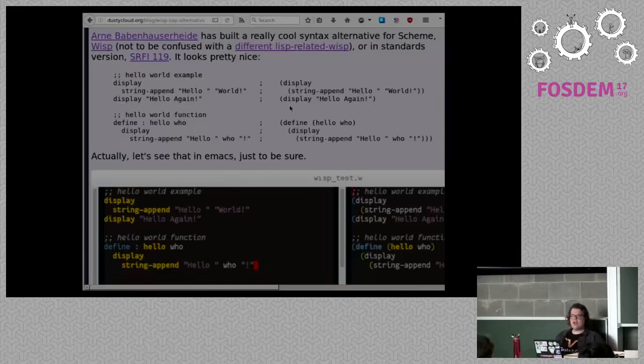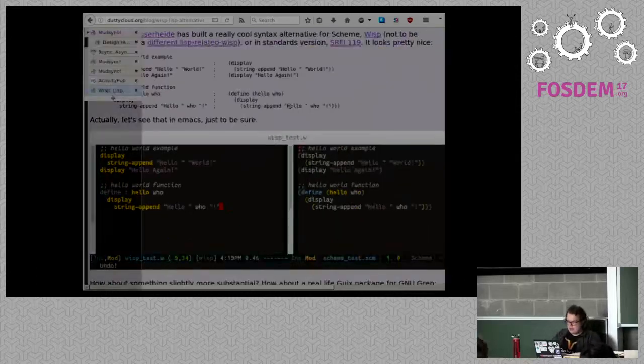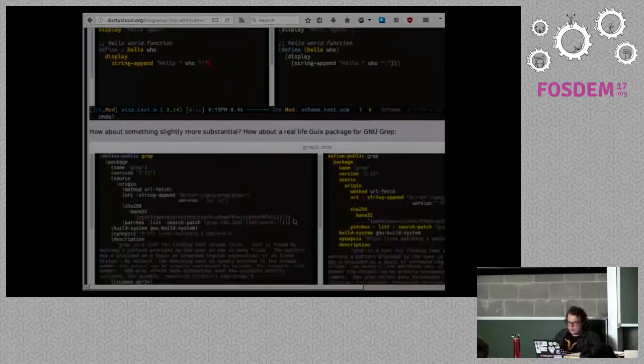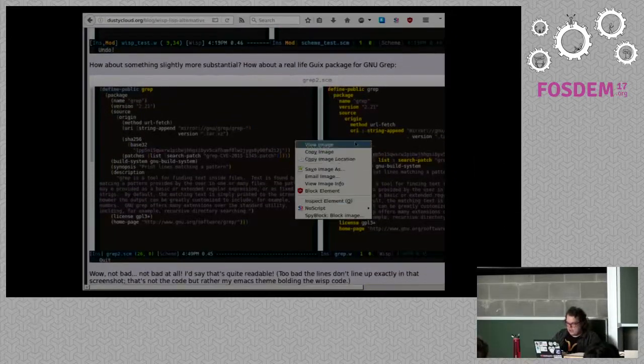Like if you've used Julia or Dylan or something like that, they're theoretically kind of Python-like syntax, but with macros, except they actually use a completely different syntax for the macros thing because, without something as cool as S-expressions, you're just not going to get it, I guess. But anyway, here's a version of the code side by side, where on the left you can see the Guix definition of grep